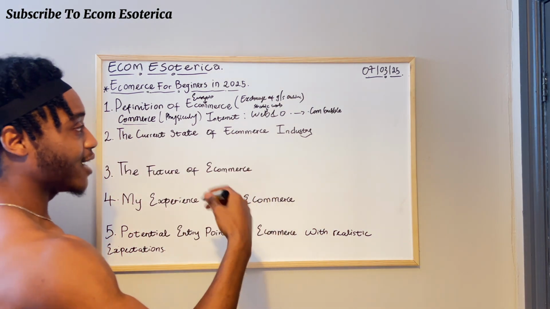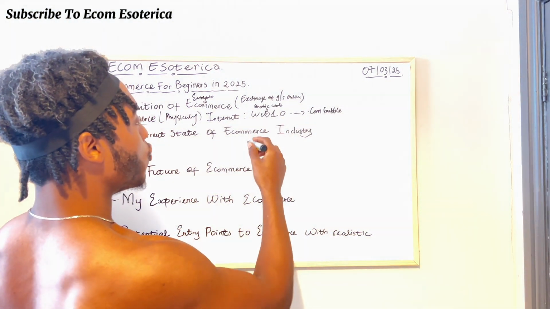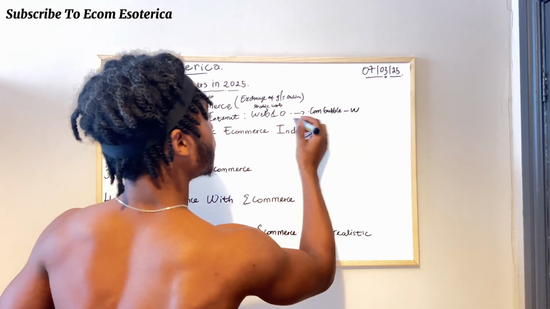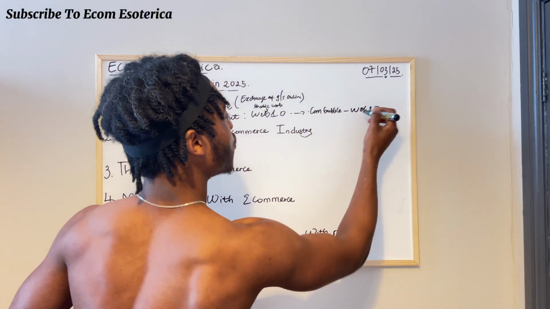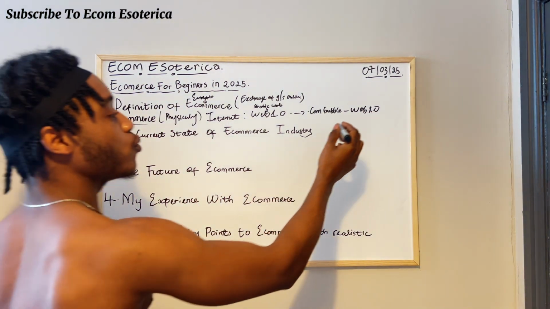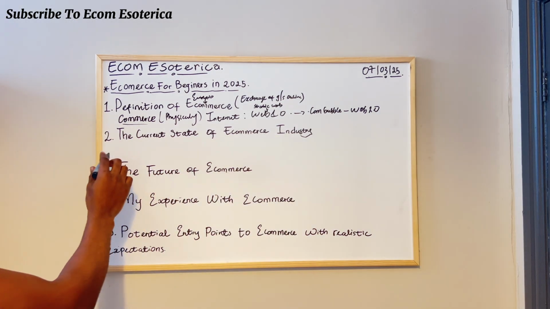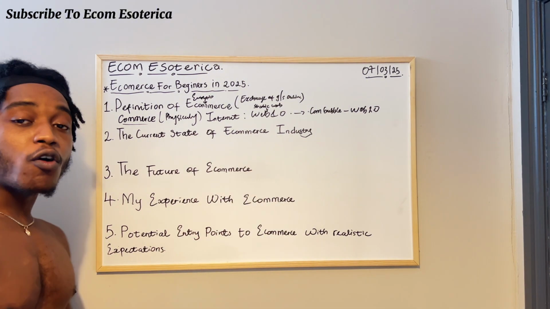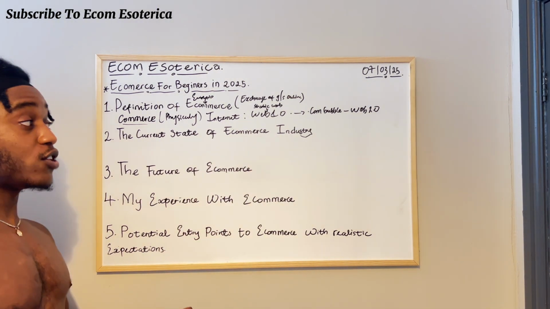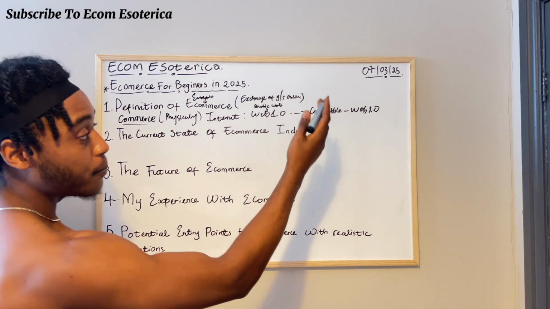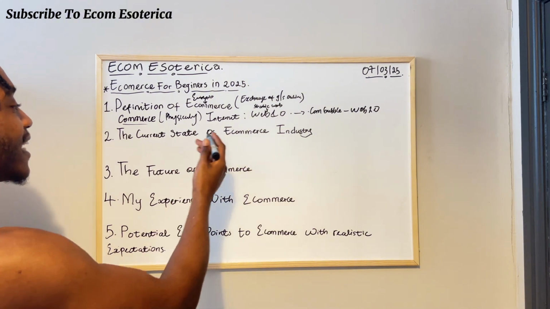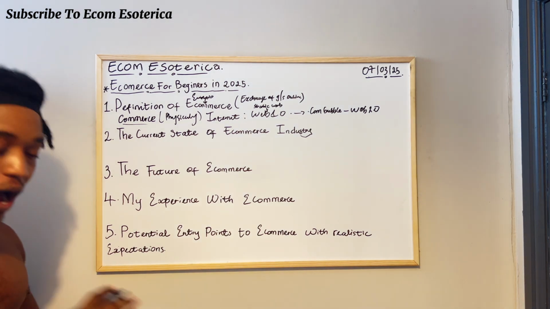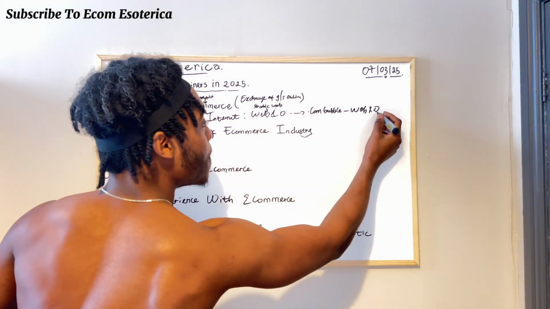So due to change and progress, we advanced from Web 1.0 to what? To Web 2.0. This Web 2.0 now brings us to the second point of our topic, which is the current state of the e-commerce industry, or the current state of any online business. Yeah, the current state of any online business. We are actually in Web 2.0. So the internet at Web 2.0 makes e-commerce possible. 100%. The internet at Web 2.0 makes e-commerce